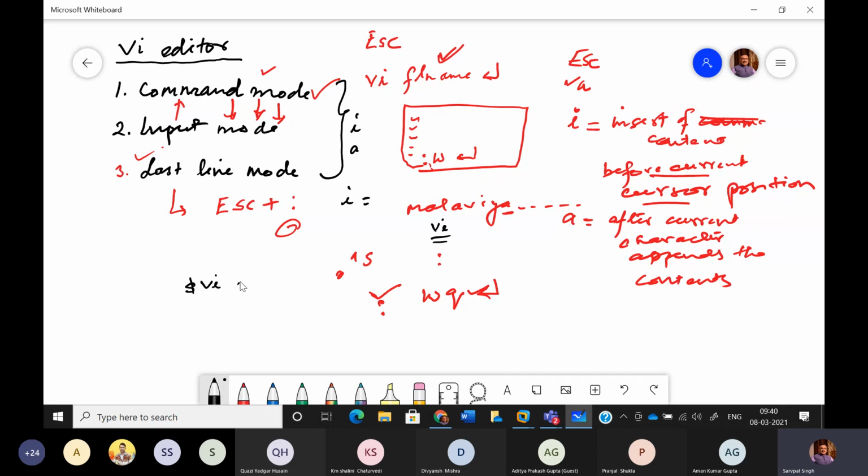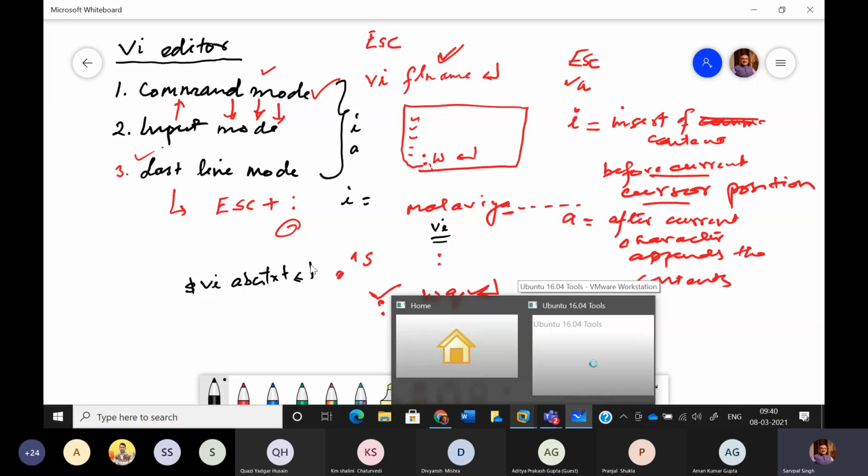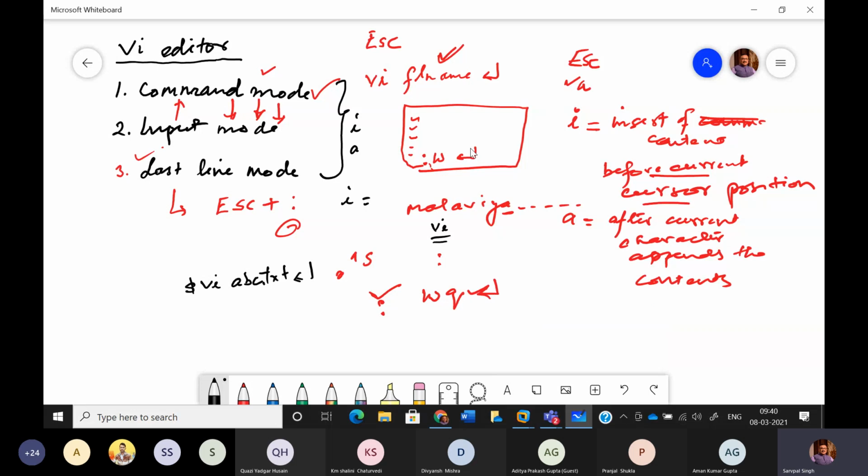तो इतना क्लियर है आपको कि when we wish to create any file, we have to give the command vi and then file name. Maybe the one which we have given is suppose abc.txt, and we are pressing enter, and then it is happening that with that we are able to get the screen which I have just shown in the red color ऊपर यहाँ पे। और इसको यूज करके फिर हम जो है ये शो कर रहे हैं कि टिल्ड साइन आ जाता है, और उसके बाद then in order to start typing you have to press simply I। तो उससे क्या होगा, आप कमांड मोड से इनपुट मोड में आ जाएंगे, and then with that you can type the contents.